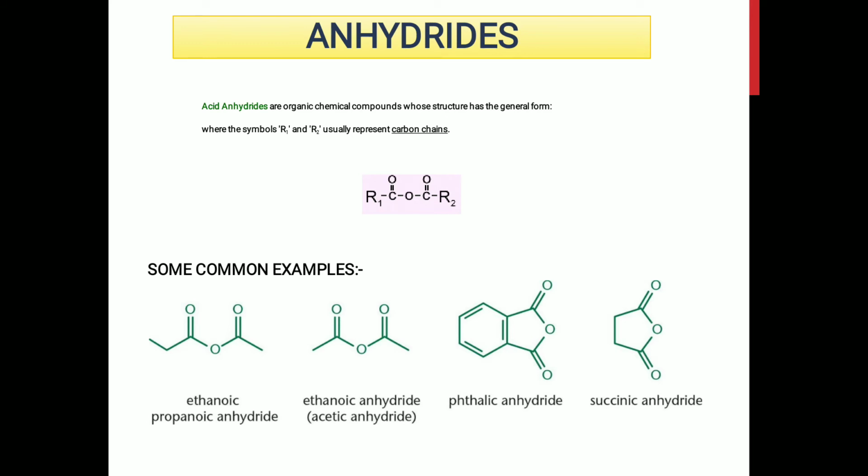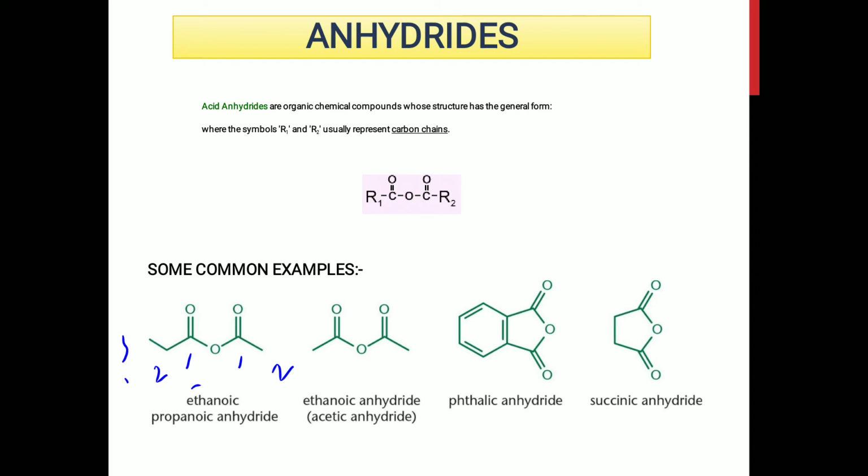First here we have ethanoic propanoic anhydride. So how does it become ethanoic propanoic anhydride? Here just count the carbons on either side of the oxygen. This oxygen is in the middle position, and just count how many carbons are present. On the left side there are 1, 2 and 3 carbons, and on the right side 1 and 2 carbons are present. So for 2 carbons the name becomes ethanoic, and for 3 carbons the name becomes propanoic, and lastly anhydride. So likewise we are going to name the anhydrides.